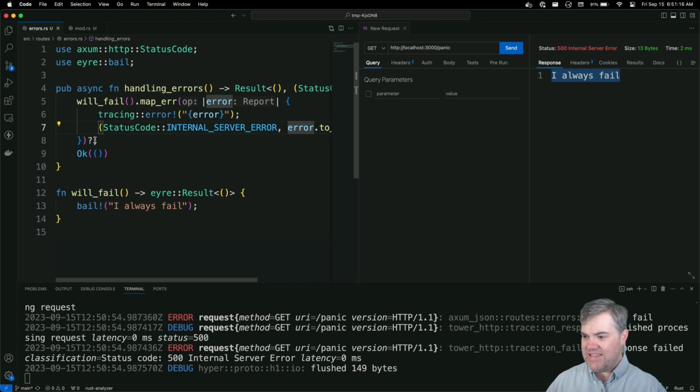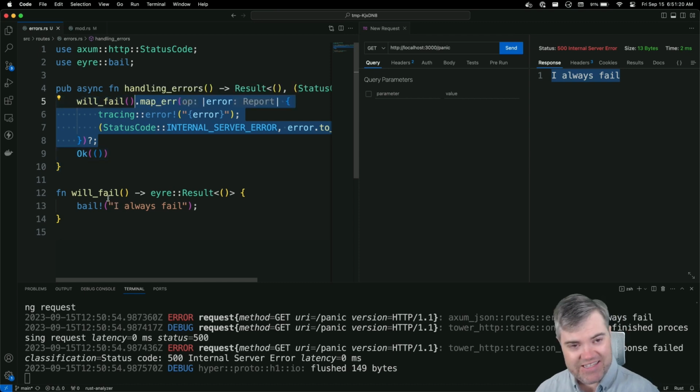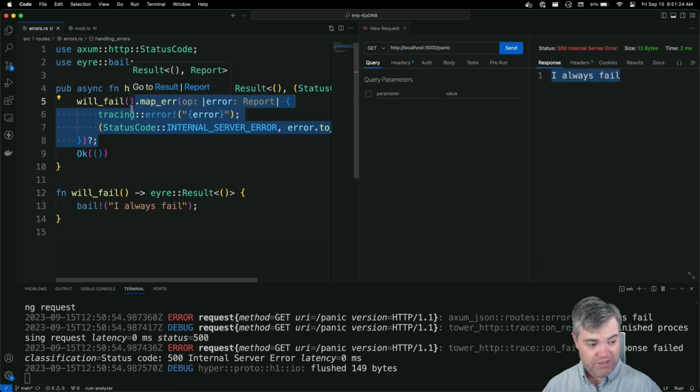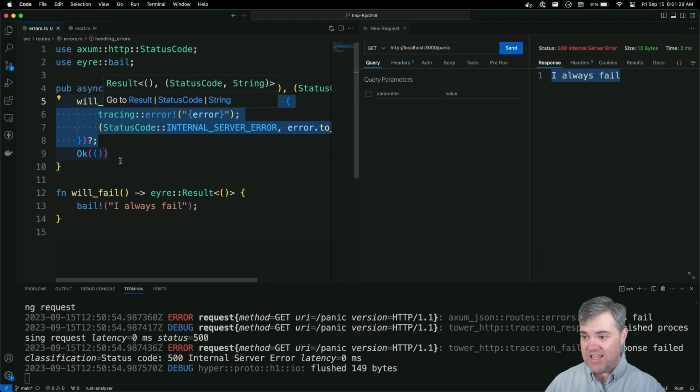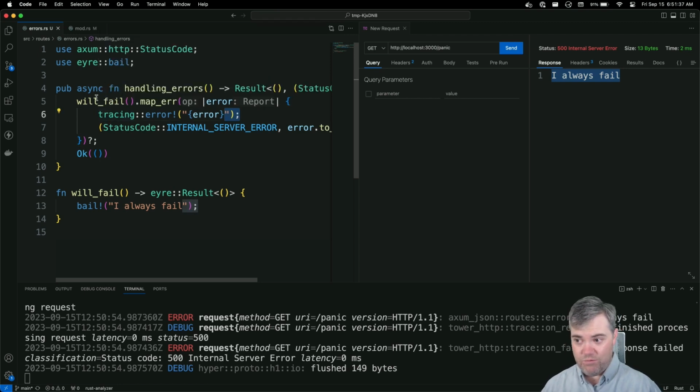But putting map errors in our route handlers everywhere kind of sucks. You can imagine that our route handlers will get really long, not because of lots of logic, but just because these map errors can get long. Notice that if I want some kind of tracing on here, that's essentially a minimum of 4 lines.